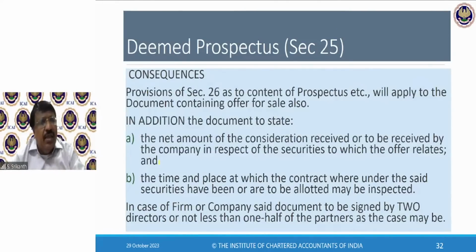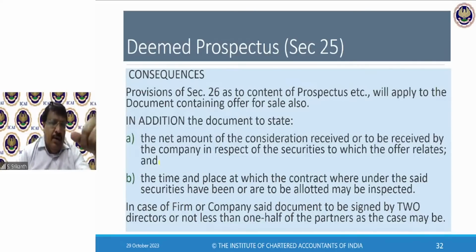See, nothing wrong in doing this, provided, there are many cases where some fund houses will give the entire money to the company and wait for 6 months, then go for it. Or they may go within 6 months. If they go within 6 months, then they have to comply with the prospectus, and they should mention all this. But ideally, they will give the money, wait for 6 months, then pay the full money. Nobody can tell anything. They will send a letter to their clients and customers that they need not comply with the prospectus.